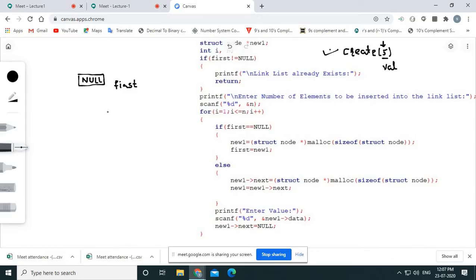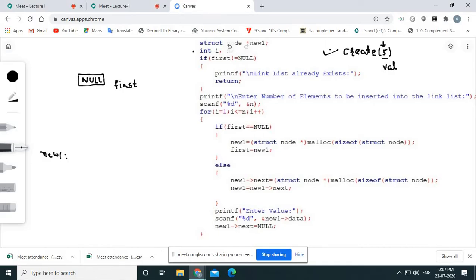Now here we have taken one pointer variable, that is new one.